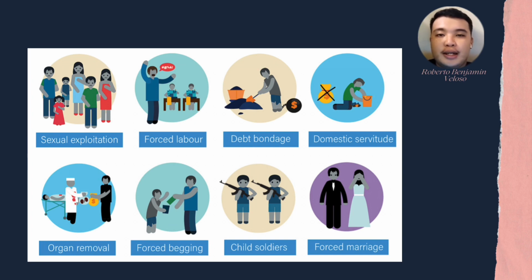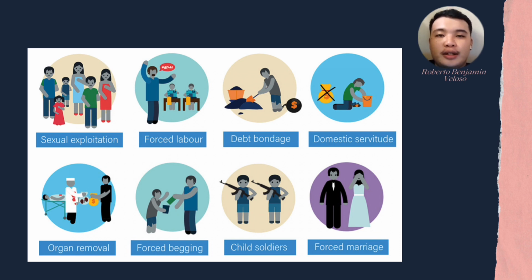Domestic servitude. It is a crime in which a domestic worker is not free to leave his or her employment and is abused and unpaid, if paid at all. It means they are not free to leave their workplace because of no legal protection or lack of autonomy within the home.